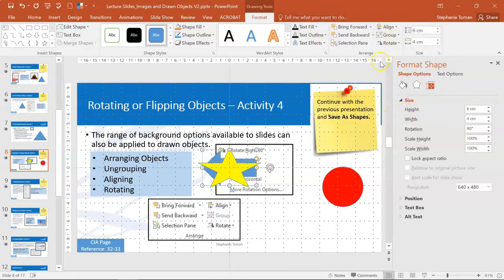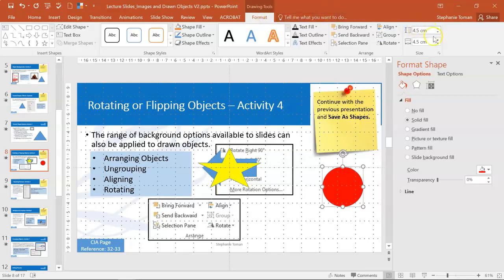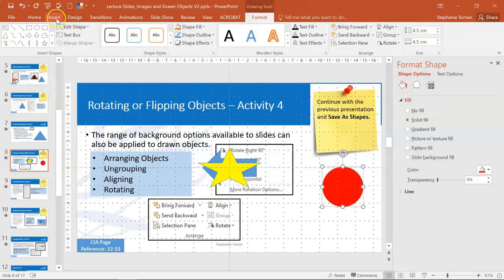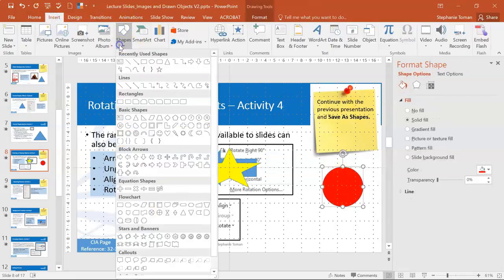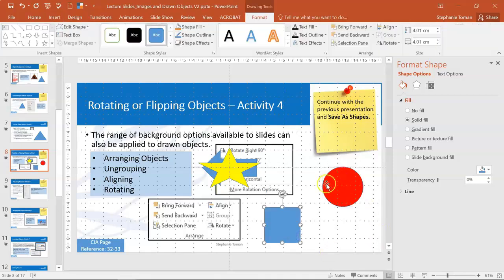Okay, so those features need to be used within the exam. And when you click on an object, any object, these tools become available, particularly format. That's where you'll find everything. Remember that if you go into insert shapes, you don't have a circle and you don't have a square. So a rectangle with a shift becomes a square when you drag it out, and for a circle, if we go back into shapes, there's an oval there, grab an oval, press shift,